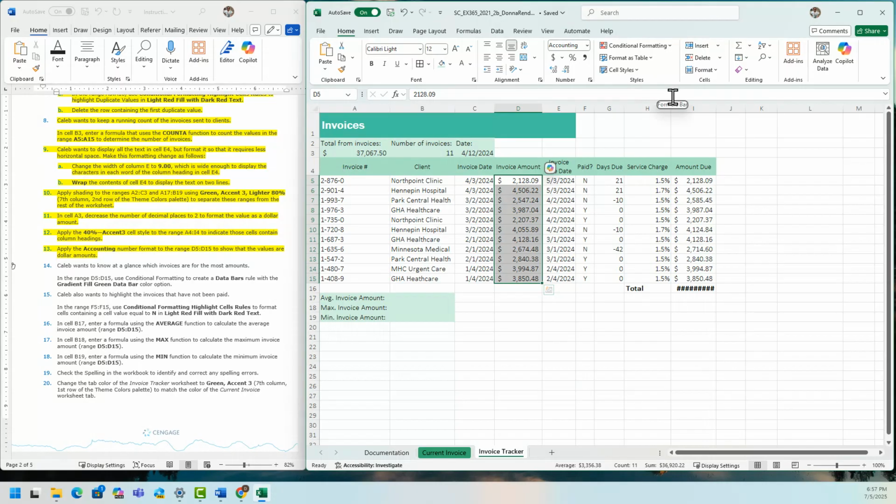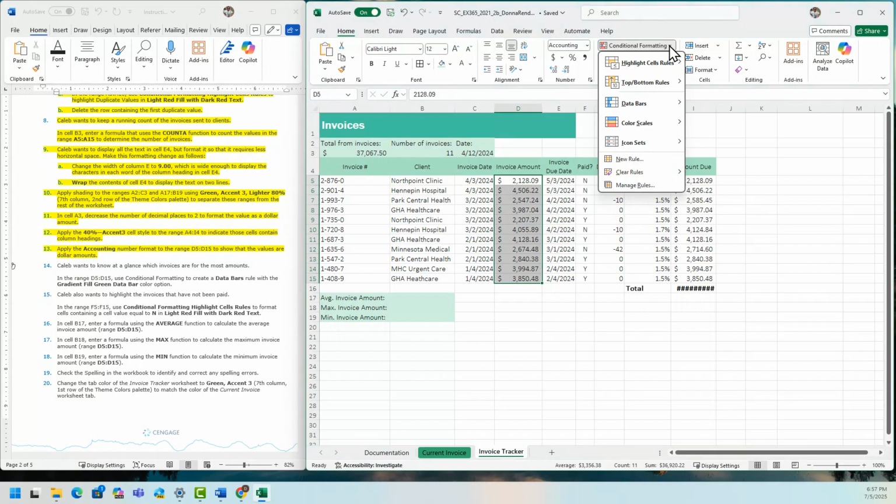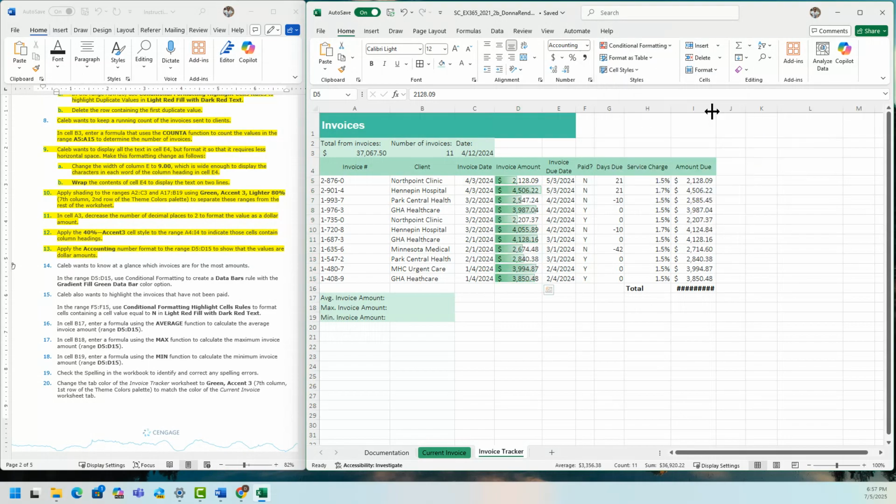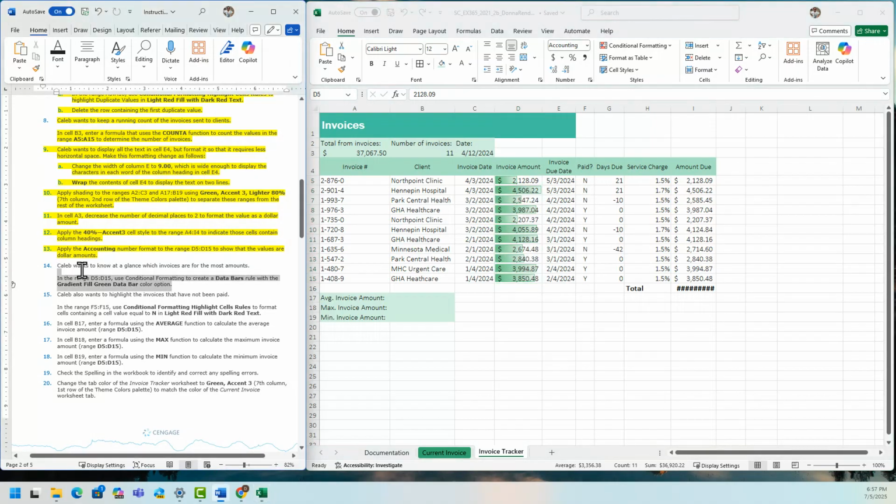So conditional formatting is under the styles, open the menu, then I'm going to select data bars, and I need the data bars with gradient fill color. Okay, which is this one here, green data bar. So that's done.